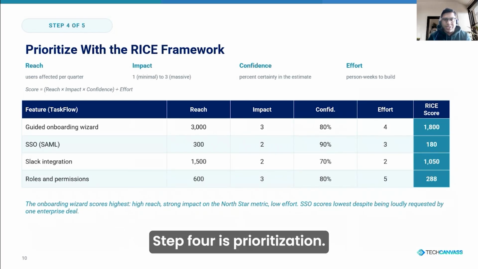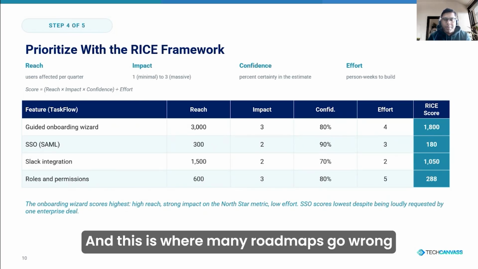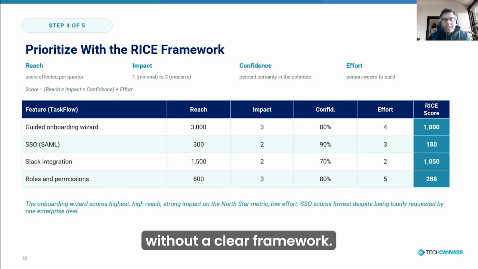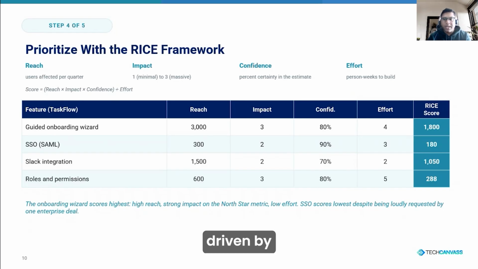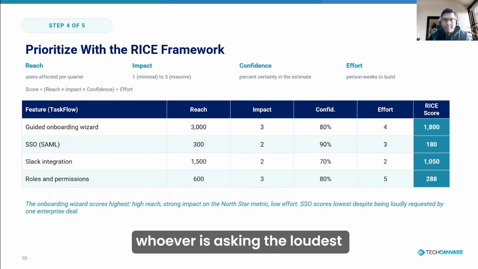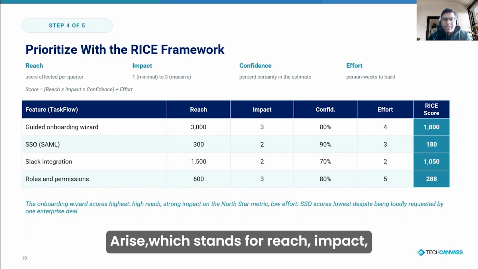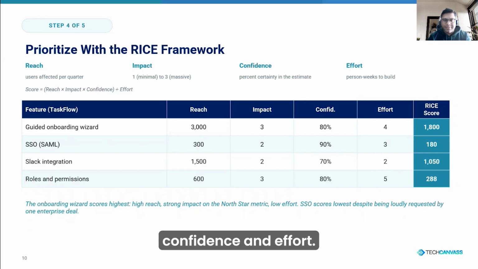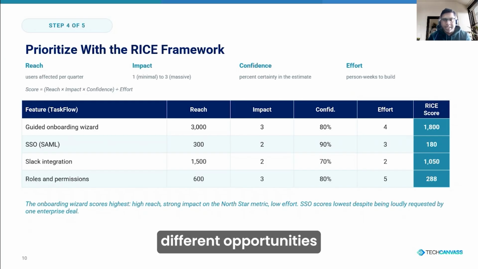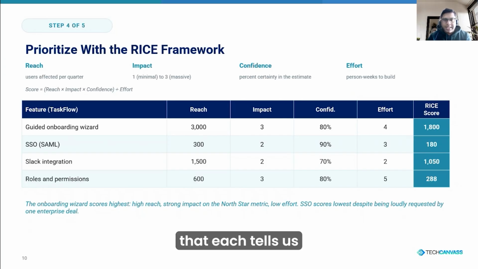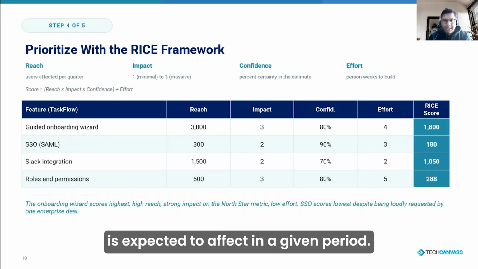Step 4 is prioritization. And this is where many roadmaps go wrong. Without a clear framework, prioritization often becomes a negotiation driven by whoever is asking the loudest. RICE, which stands for Reach, Impact, Confidence, and Effort, gives us a repeatable way to evaluate different opportunities. Reach tells us how many users the feature is expected to affect in a given period. Impact measures how significant the effect will be,